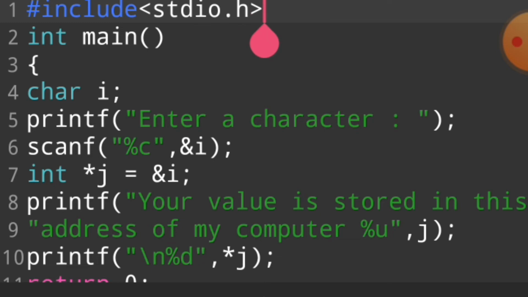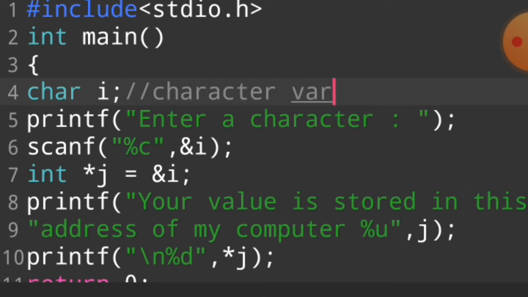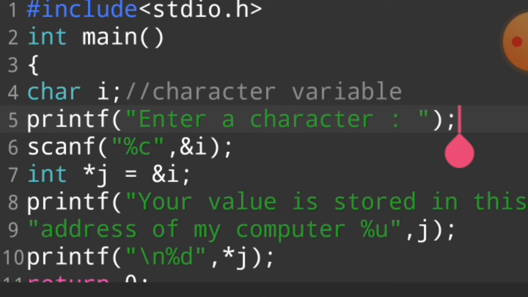First of all, we declare a library. This library gives us some functions like printf and scanf, and then we use int main for first execution, and then we declare a character variable, and then we ask the user to enter a number. The user is capable of entering any character.